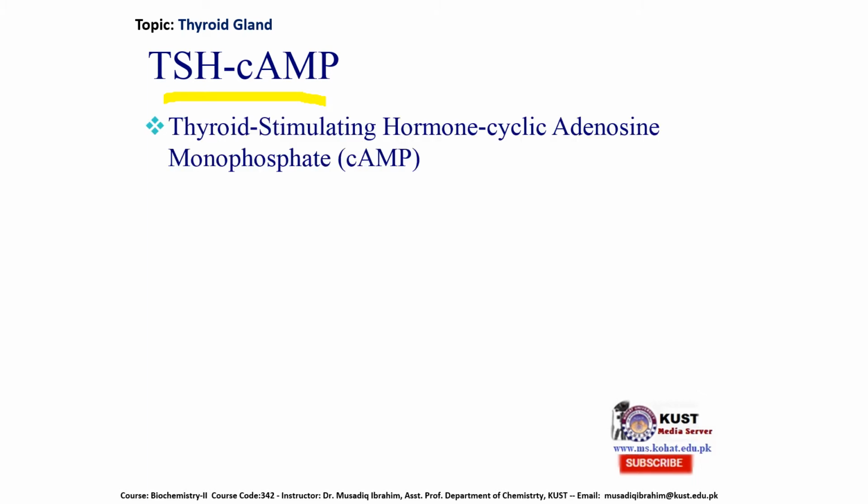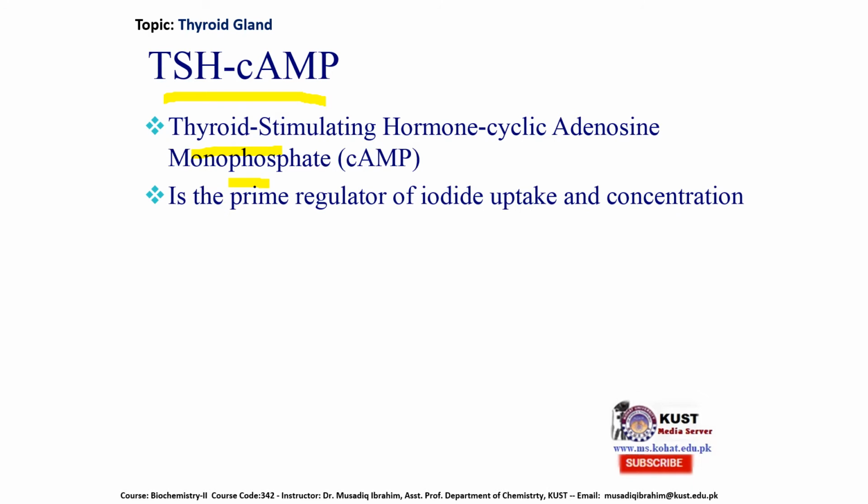TSH-cAMP stands for thyroid stimulating hormone along with cyclic AMP, that is adenosine monophosphate. This thyroid stimulating hormone, cyclic adenosine monophosphate, is the prime regulator for the iodine uptake as well as the concentration of iodine within the thyroid gland. Now this TSH-cAMP is also responsible for the formation of thyroid hormones,